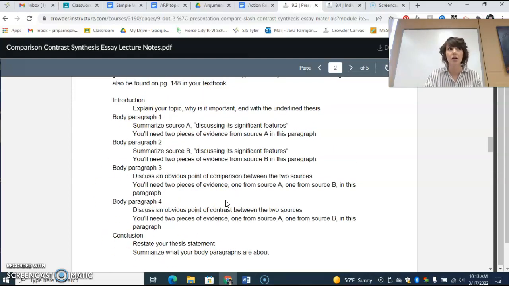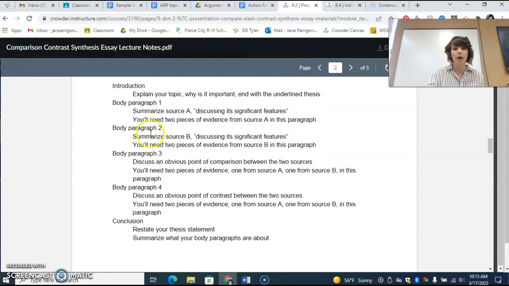Make sure you're transitioning between paragraphs. As I've graded all semester, I'm realizing that we are not good at transition statements. They're not hard. They're telling me where you've been and where you're going, okay? So like if you're going to transition from body paragraph 2 to body paragraph 3, while source B mentions different ideas about climate change, both sources say this about climate change, because we're growing into a paragraph about both sources and what they say. So just have a transition statement that links the two paragraphs together, okay?